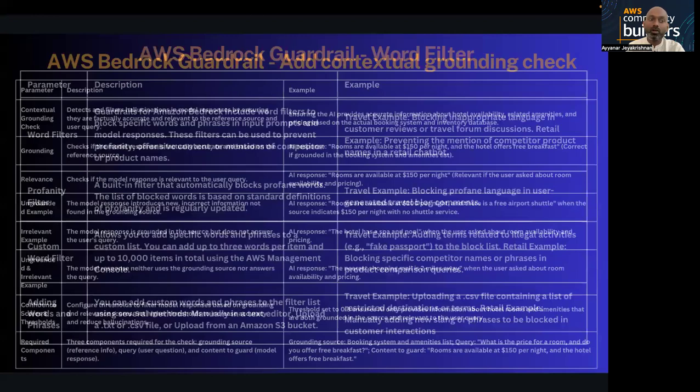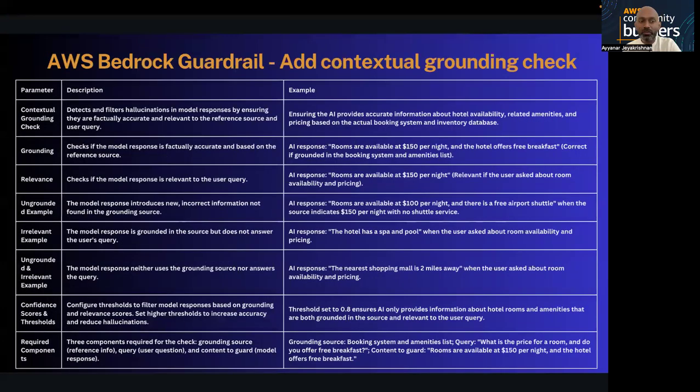Contextual grounding. Here I only focus on two things. One is the grounding. Let me give an example. We have a list of resorts with multiple prices, ranging from 150 to a maximum of 1,650. I have loaded all this data into the AWS knowledge base. If I ask the chatbot, can you give me a rate of more than $5,000, it will say, I could not find it, but I can recommend this.